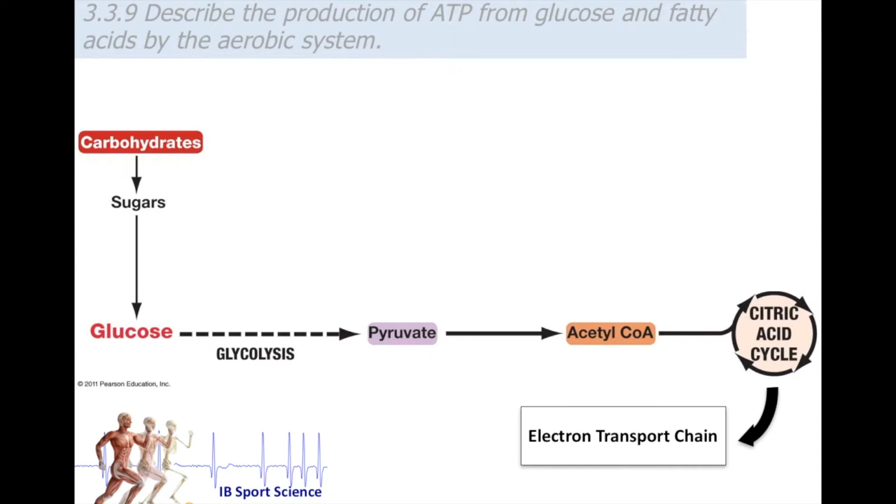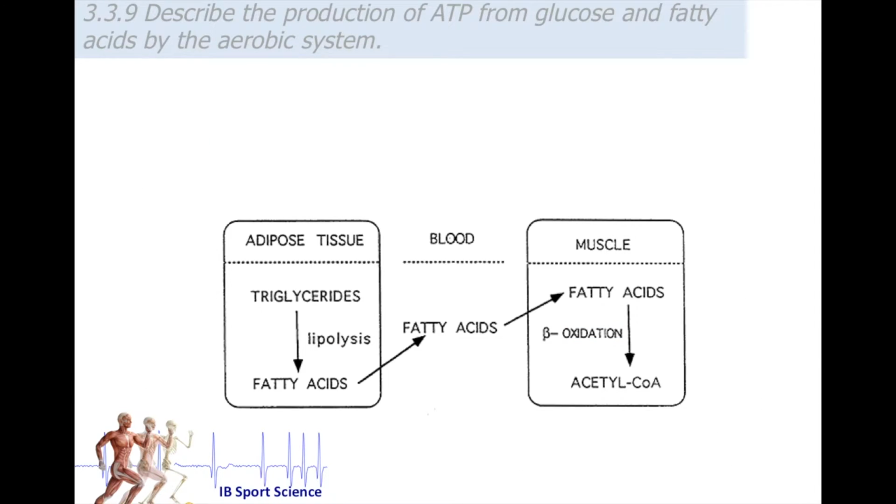What happens here is the nitrogen is removed from the amino acids and they get reconfigured into glucose or fat. But this only really happens in extreme circumstances. So if somebody's suffering from malnutrition, or there's just a complete absence of fats or carbohydrates in the body. This is an example of the process of gluconeogenesis. So neo meaning that glucose is produced but from a non-sugar based source. So that's all we're really going to say about proteins because it doesn't happen very often. Mostly we're going to be talking about the use of fatty acids as another form of fuel.